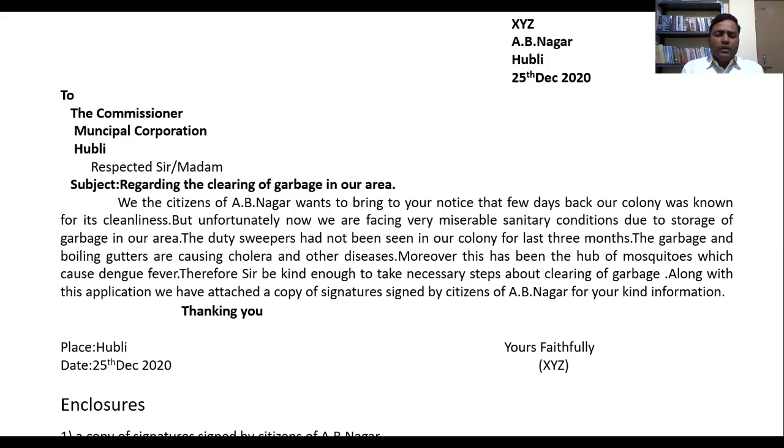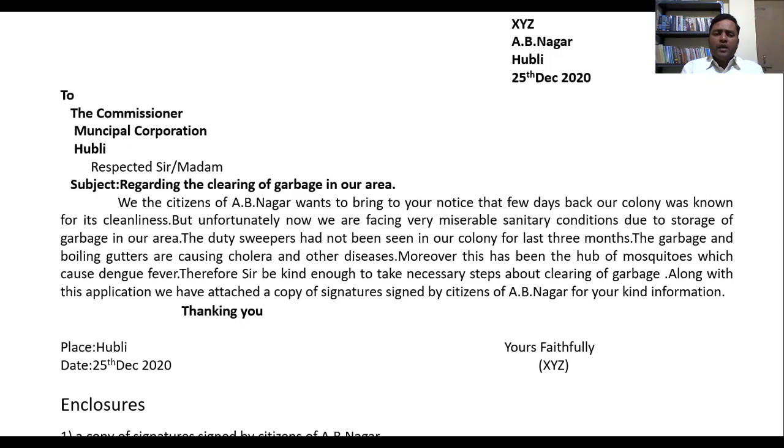Therefore, sir, be kind enough to take necessary steps about clearing of garbage. Suggest him or request him with your polite language. Along with this application, we have attached a copy of signatures signed by the citizens of AB Nagar for your kind information. So it is the problem that you are not facing alone. So all the citizens have signed a copy, and you have to attach that along with this